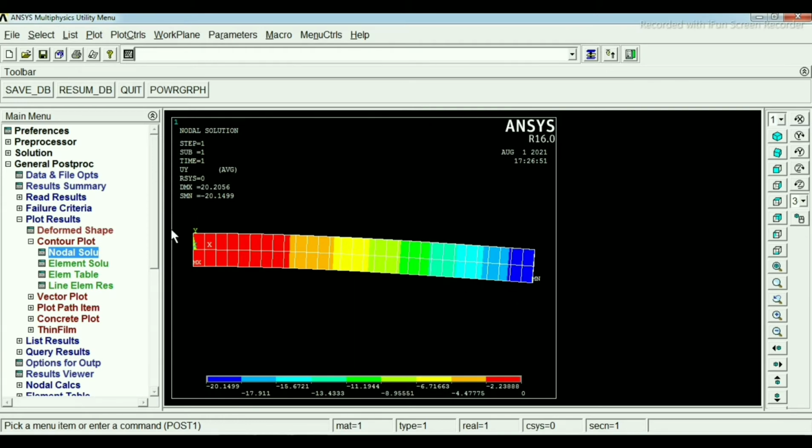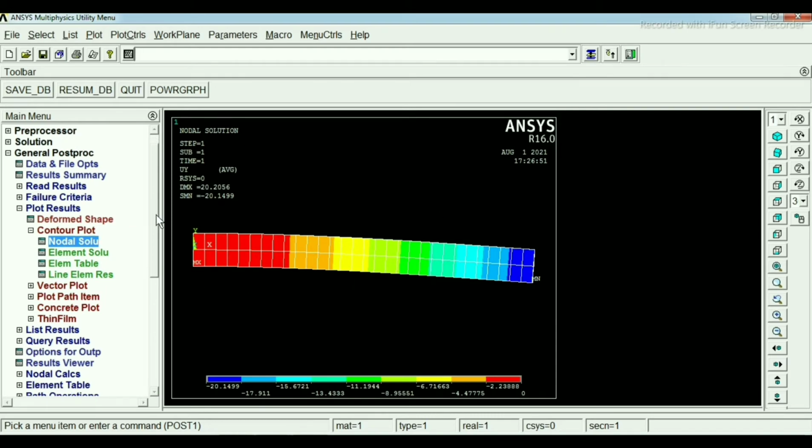This is the first method, and I will show the second method for plotting the stresses and displacement in beam sections. You can use these two methods and see which one you find easier.